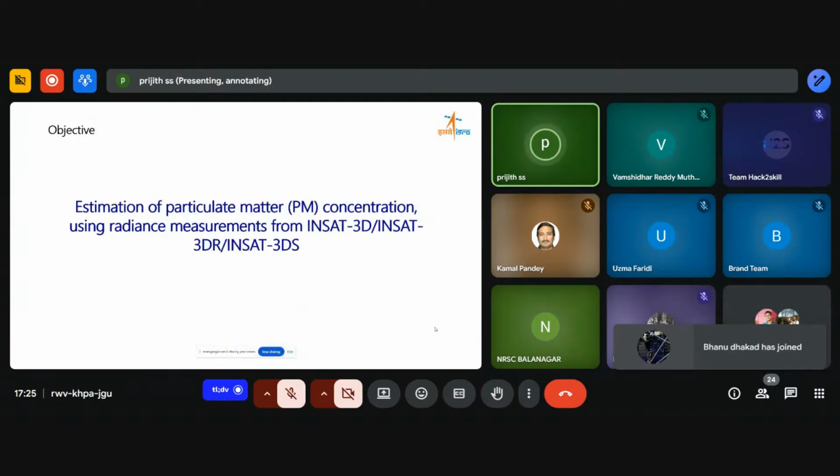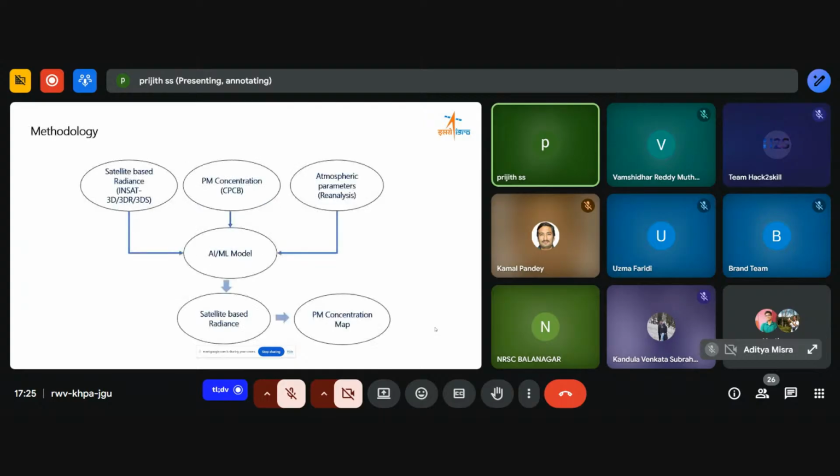So that is the idea behind this problem, and the specific objective of this problem is estimation of particulate matter concentration using the radiance measurements from INSAT 3D series of satellites. So we have INSAT 3D satellite observations, INSAT 3DR observations, and 3DS observations. Using the visible radiance from these INSAT series of satellites, we can estimate the concentration of particulate matter in the atmosphere. So this is the methodology which can be followed for the estimation of PM concentration from the satellite